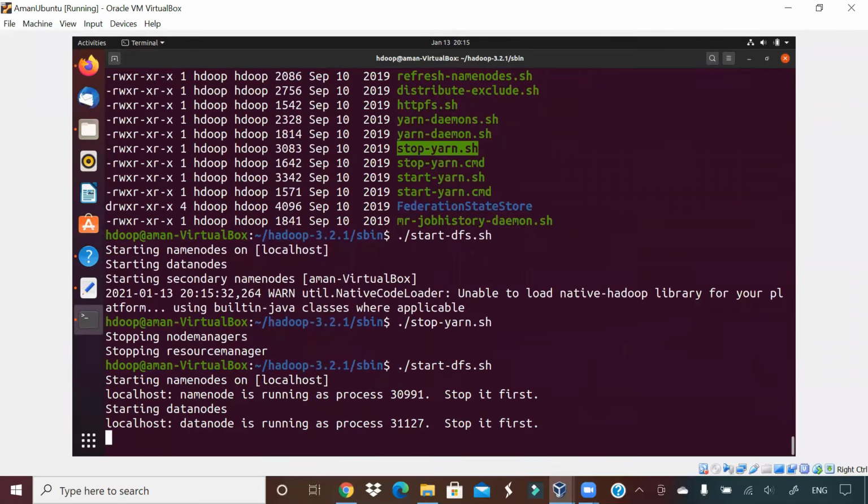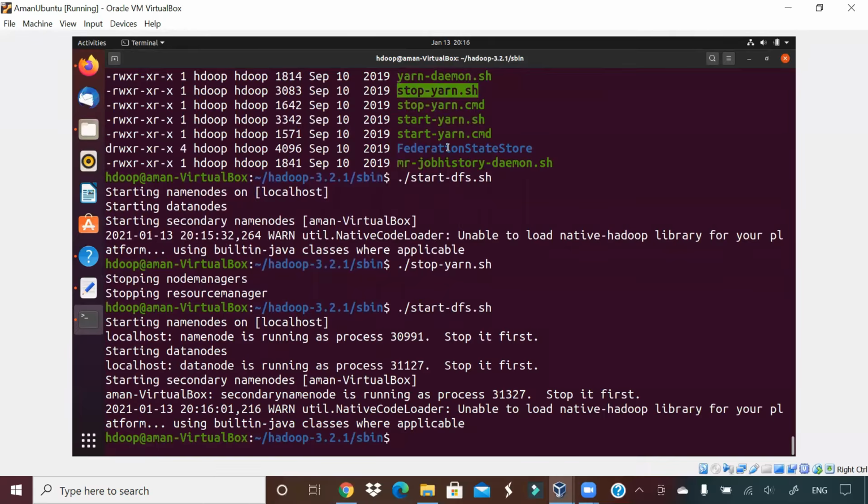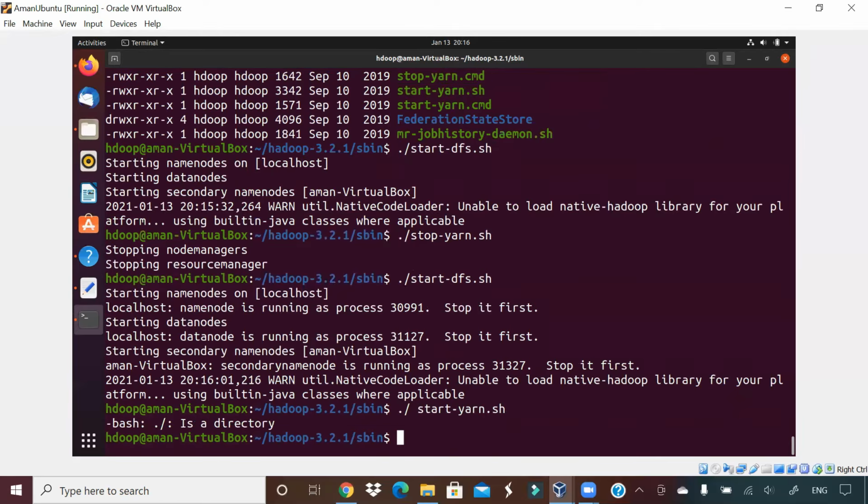Okay, and then I can run start yarn.sh actually. This is how you run a shell script, guys. Okay, the space is not needed here.